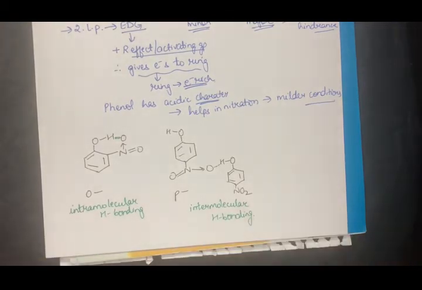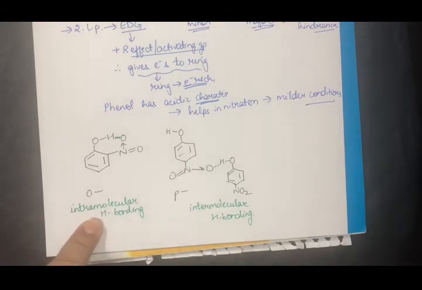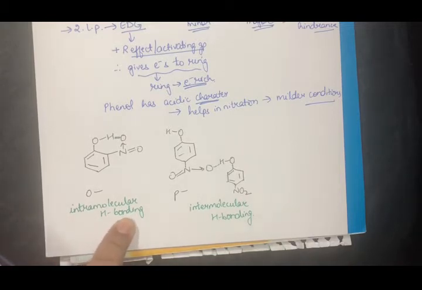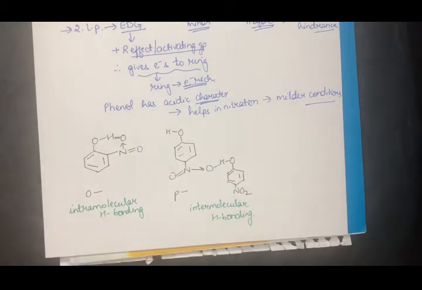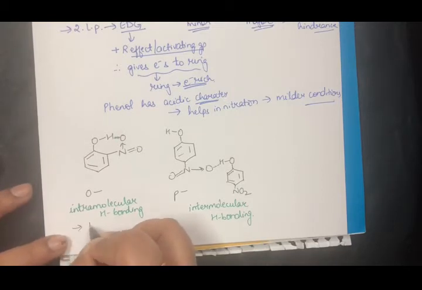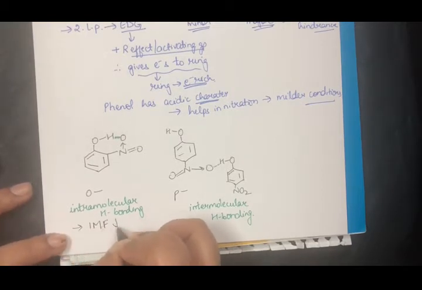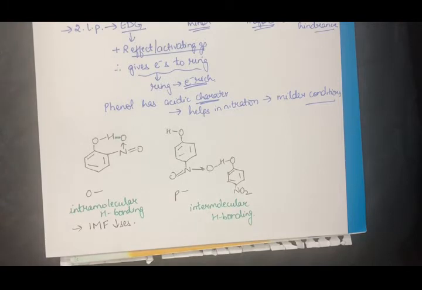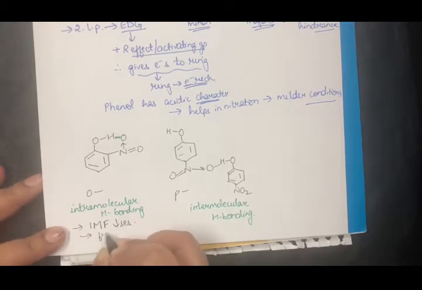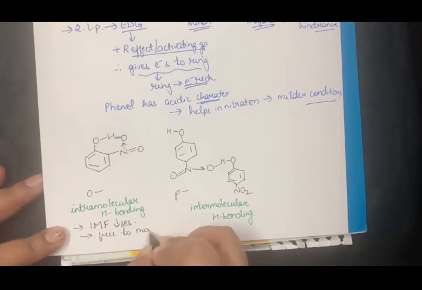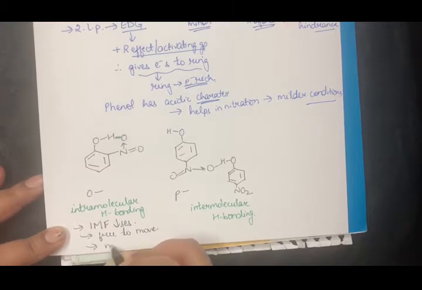Right. Now what is the main issue here? When I talk about intramolecular hydrogen bonding, what has happened here? The molecule has formed a bond within itself. It has not formed a bond with any other molecule. And that is why I can say here that the intermolecular forces of attraction are less, because whatever the bond is, it is between the same molecule only. Hence I can say it is free to move, and if it is free to move, I can say it is more volatile.